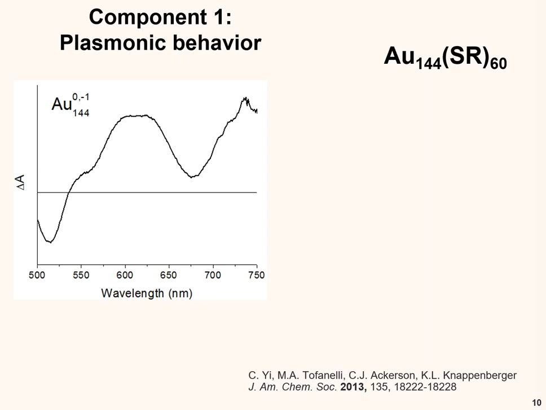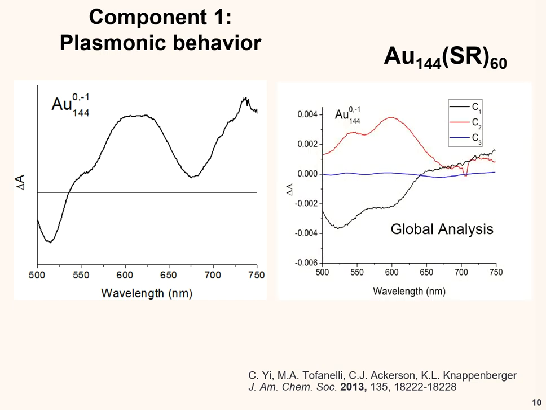But for me, as a spectroscopist, I want to build up the full relaxation map in gold 144. So this is a transient absorption spectrum of gold 144. What we see here is a very congested spectrum: a ground state bleach centered at 520 nanometers, which sounds like a plasmonic resonance, and also a broadband excited state absorption. In the spectral or energy domain they strongly overlap, and in the time domain they also overlap because each component damps very fast. It is only a few picoseconds, then all the signal is gone.